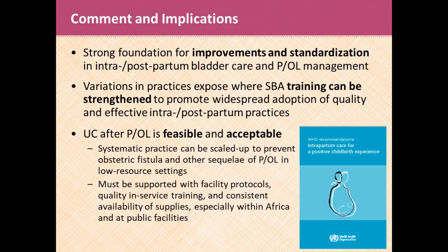Checking for fistula is mentioned in the existing ICM essential midwifery competencies. These are being updated and are due out this year, and we expect prevention of fistula to be more prominent. It would actually be interesting to know how many countries have prevention of fistula in the pre-service curriculum, as it's essential. And thirdly, skilled birth attendants reported that urinary catheterisation after prolonged obstructed labour is feasible and acceptable,